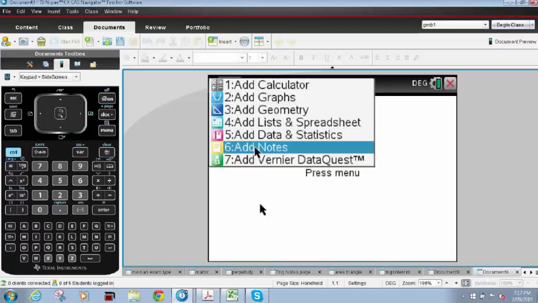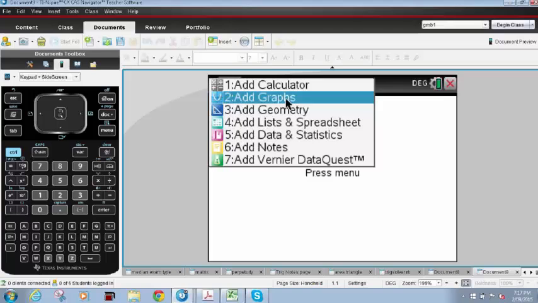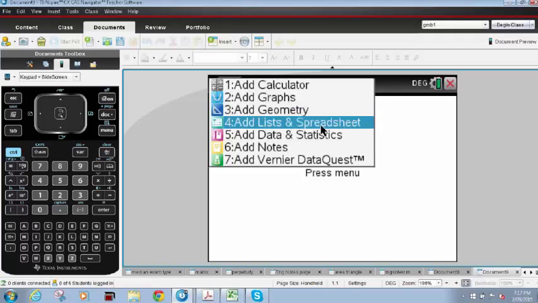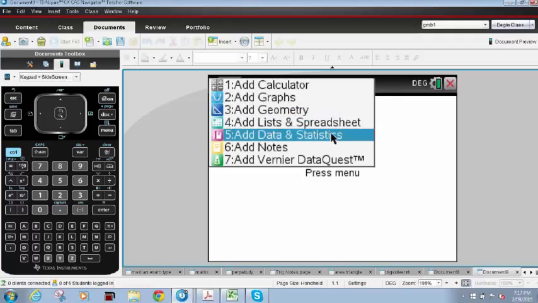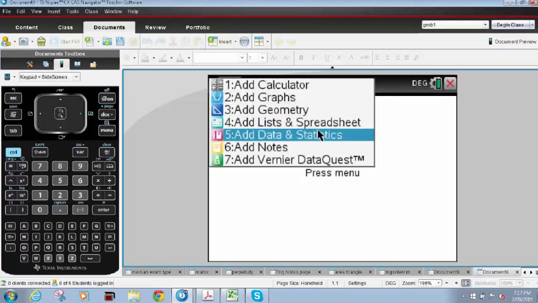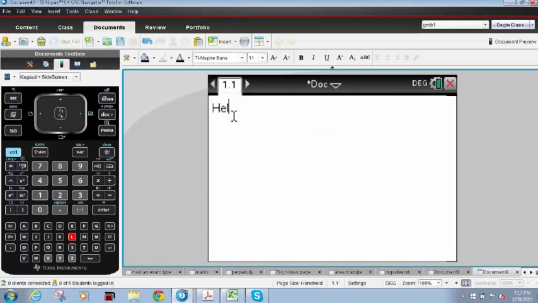All of you have used your calculator page. Some have used a graphs page. Probably not too many have used geometry. You will have used list and spreadsheet, and definitely data and statistics for your stats. But if I do add a notes page and just type in something like hello, that's just a normal note. But if I now put in a Maths Box, just by pressing menu,